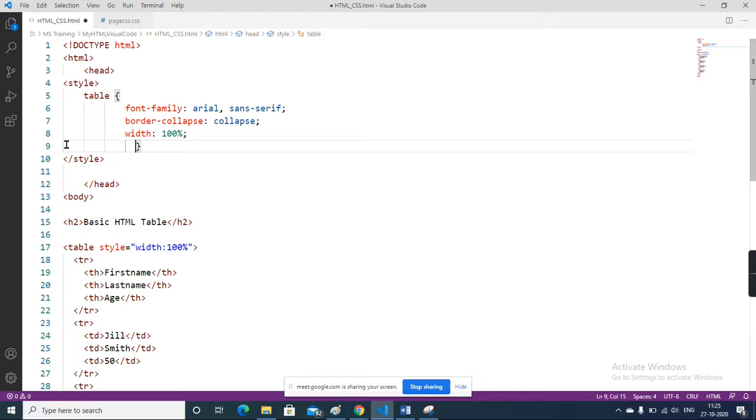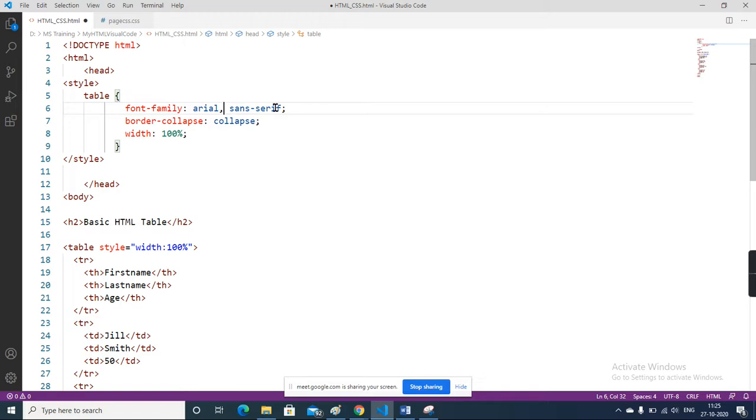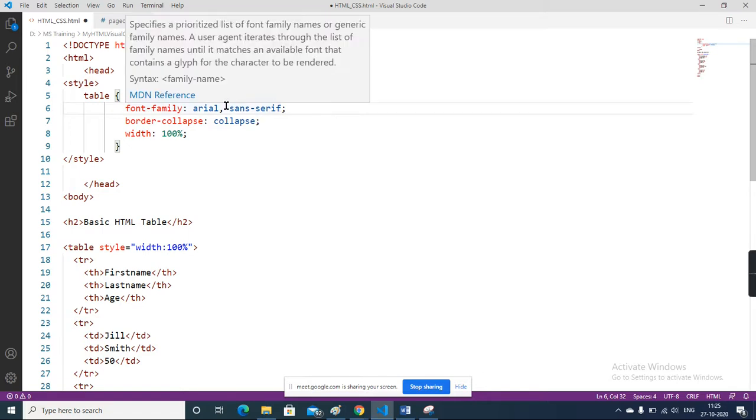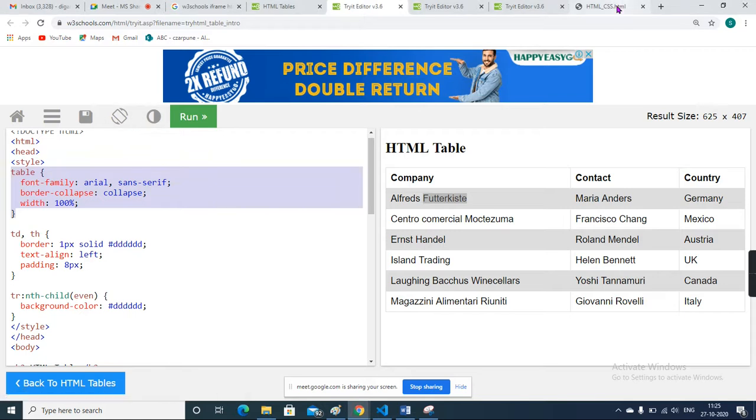Alignment is a very important code. Make sure that the alignment is right, meaning here is the opening, and below that there should be the closing. Okay. So here font family. It defines what kind of font you want, Arial or sans serif. So there are different kinds of fonts. Then border, you can change the border like this. Press Control space, you will get it in IntelliSense. Okay. So you just save this and check how my page will look.